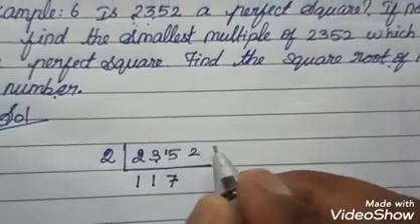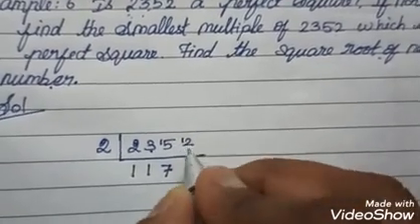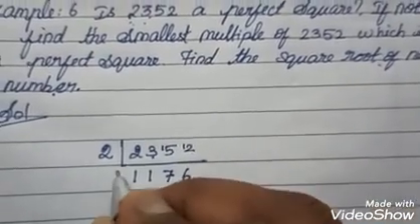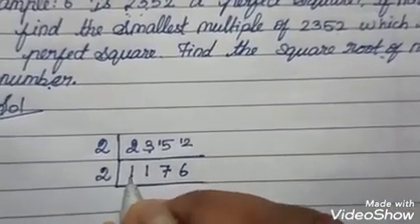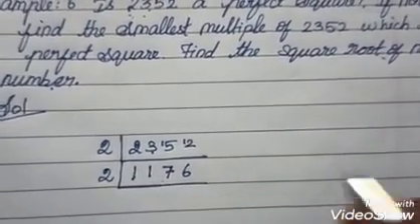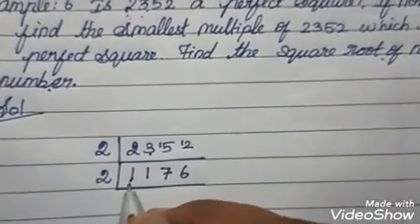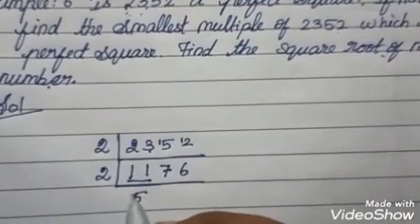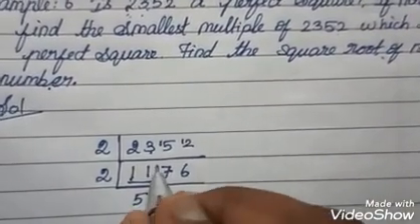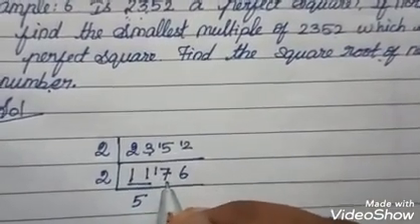So 15 minus 14, again remaining 1. So it becomes 12, 6 times. So now we continue with again 2. Here 1 is smaller. Already I told, the first time you may take so many digits. So first we take this 11. How many times? 5 times. 10, remaining 1. 17. How many times?